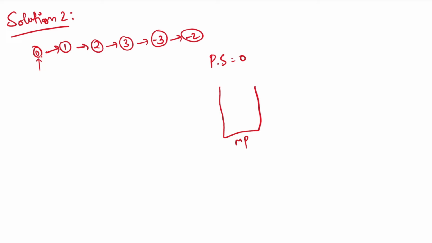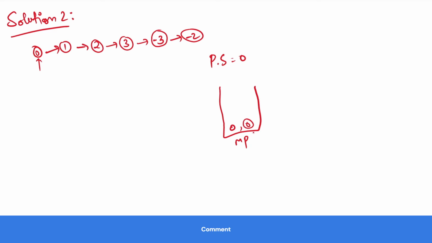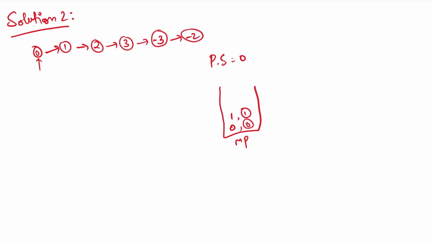So what I will do, first of all my PS is 0, so I will make my 0 as 0. Then my current moves to 1, so 1 is not present, so what I will do, make it 1 as 1. Okay, then 2, making my PS 3, and adding here 3, sum is 3, node is 2. Okay, then I will make 3, it will make 6 and make node 3. Now as I go here at this point, what will be my PS? Prefix sum will be again 3.